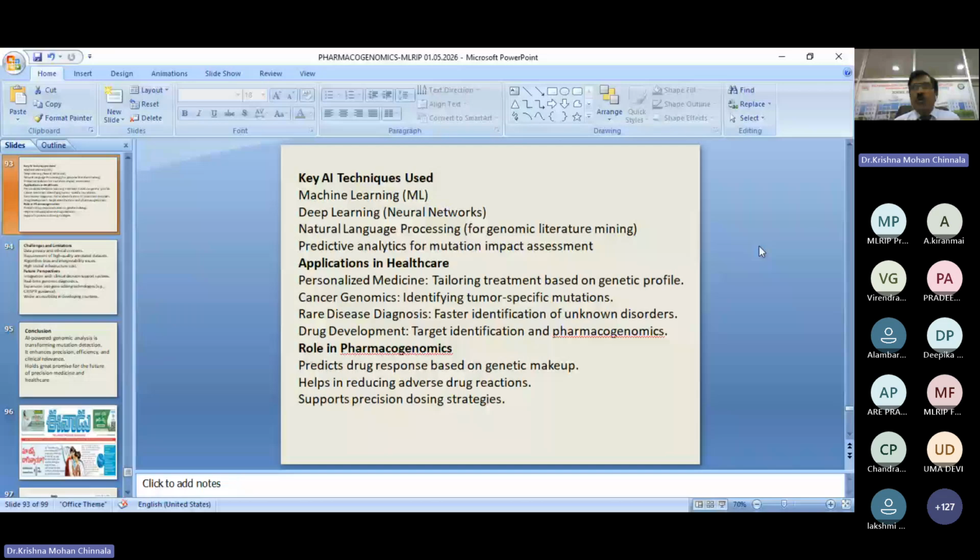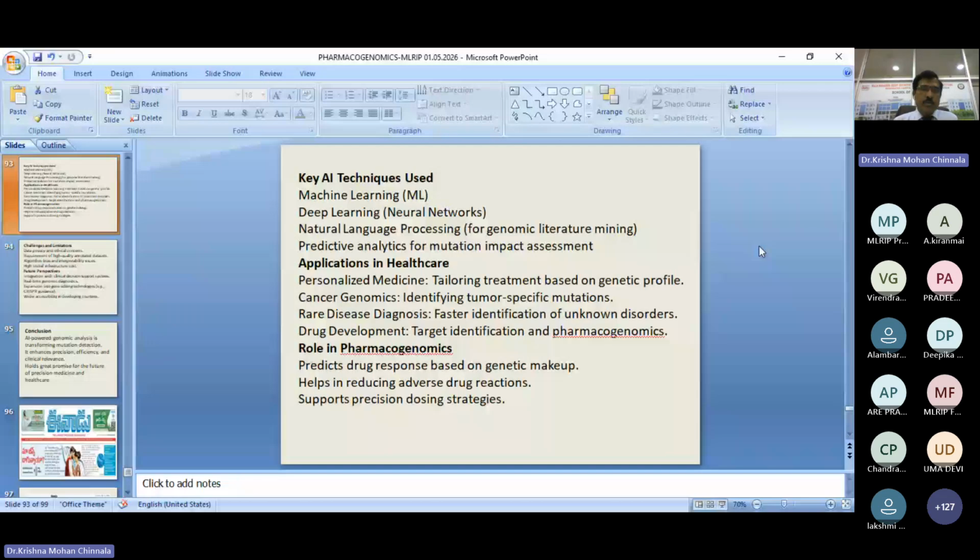So why not use artificial intelligence here to create such types of receptors? The drug is available with every piece of information, structure, efficacy, safety, and all, but the receptor is not present in the body. So you can create a suitable receptor also. You can alter the structure of the receptor also with this genomic technology.